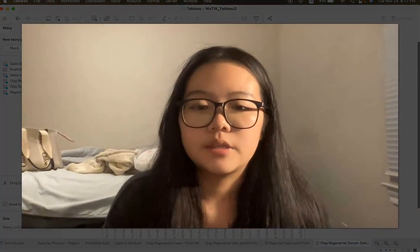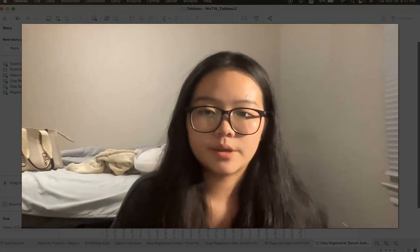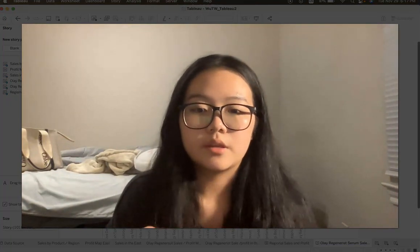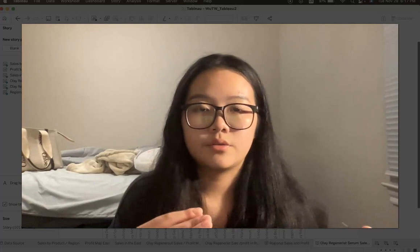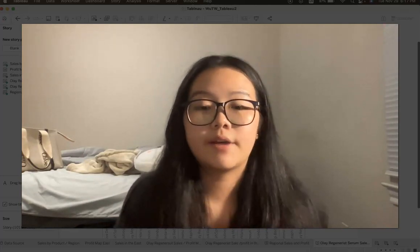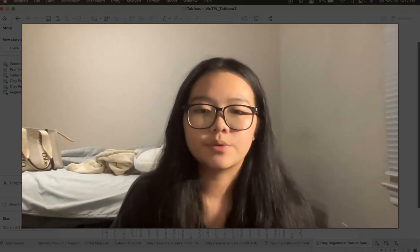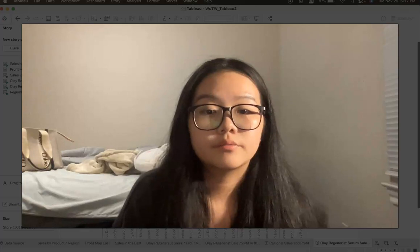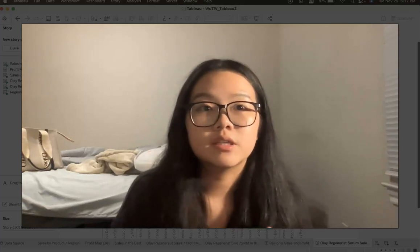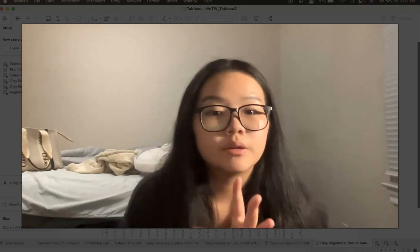And lastly, my conclusion is that the Olay Regenerist serum does a better job selling in the urban states like New York, and Eastern states particularly like New York and Pennsylvania. They have higher sales and profit, and these states are definitely the states where people seek more of these, like fashion. They are high-end in fashion. They seek makeup, clothing, and like,